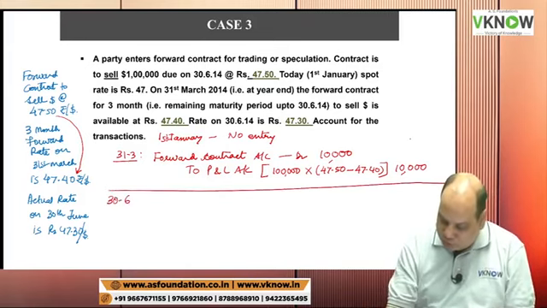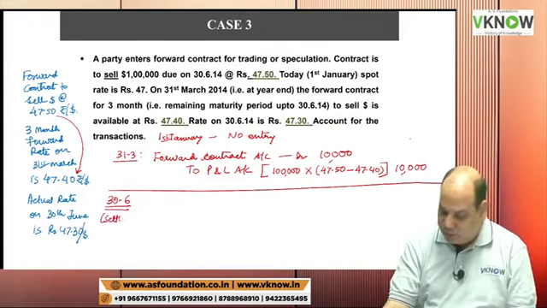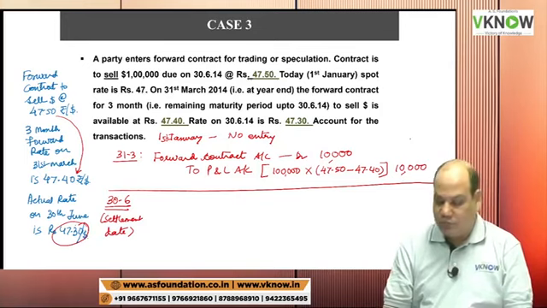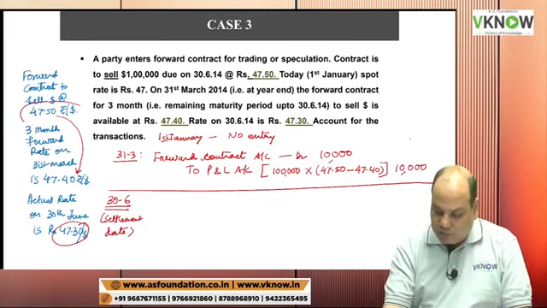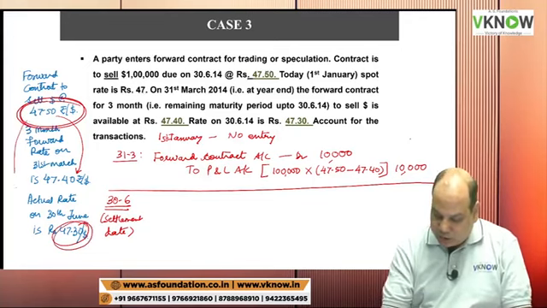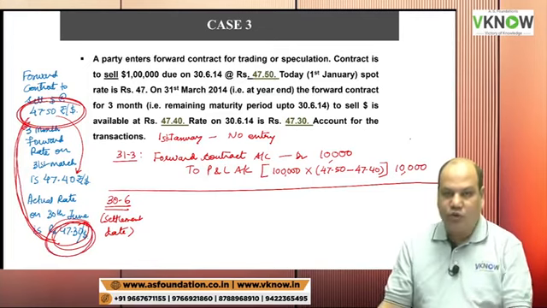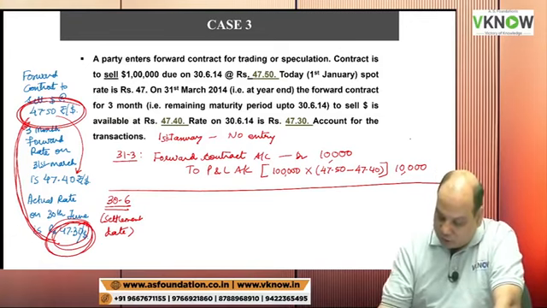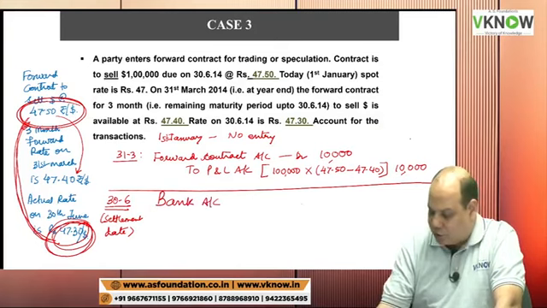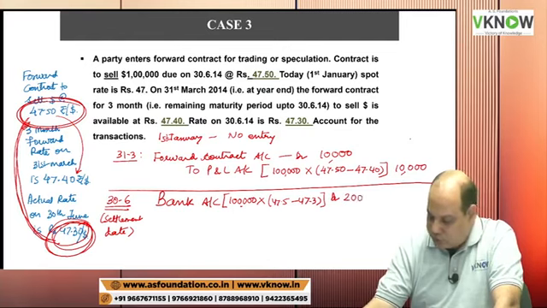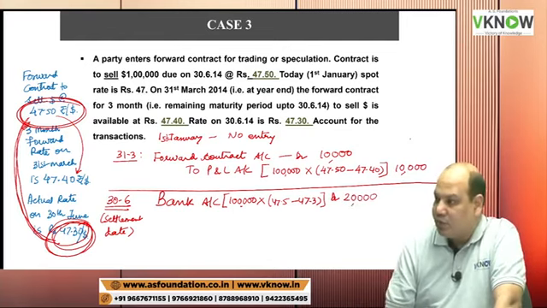And then I'll come to 30th June, which is your settlement date. I find the rate is 47.30 and it is a settlement date. So I will recover from the counterparty the difference between the rate at which we entered the forward contract and the actual rate, which comes to 20 paise multiplied by 1 lakh dollar. So I will earn from speculation 1 lakh into 47.50 minus 47.30, which is 20,000. So 20,000 rupees I will get in my bank account,